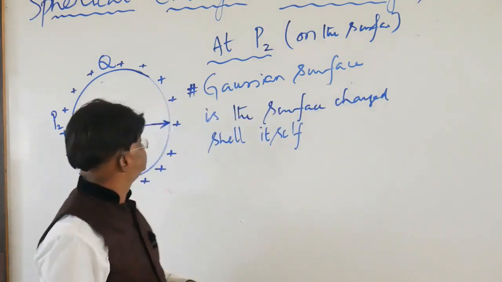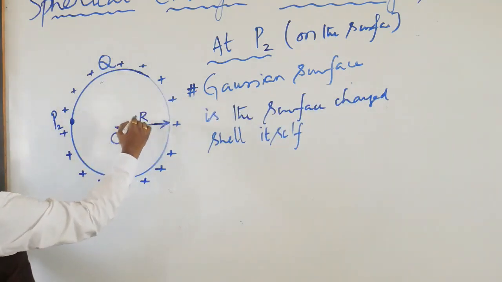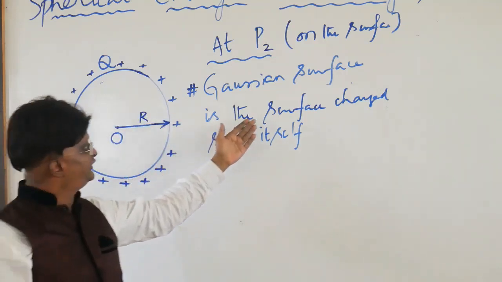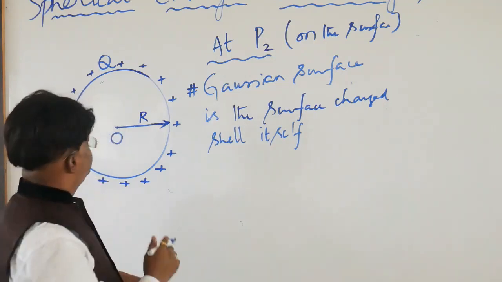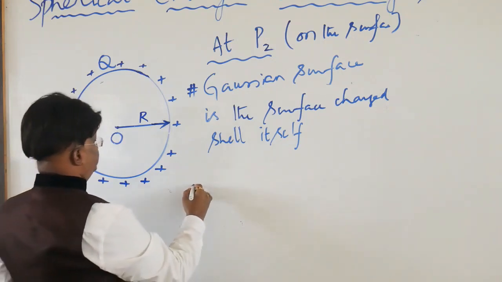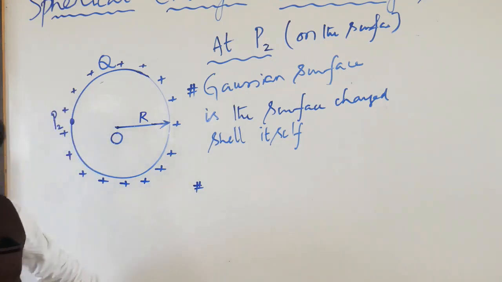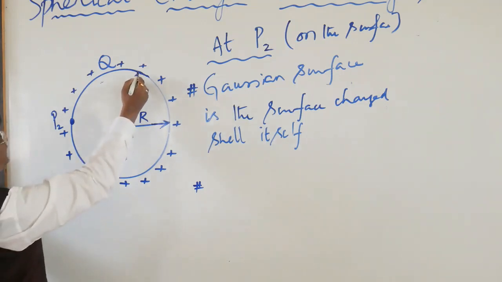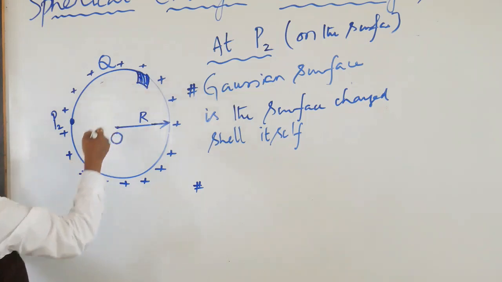The Gaussian surface we have constructed is nothing but the sphere of radius capital R, that is nothing but the surface of the shell itself. Therefore now what we do, the same case: dividing the surface into a large number of small elements and consider one element. Supposing here we take one small element,